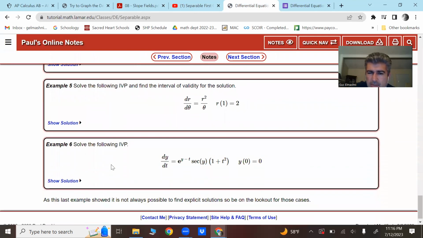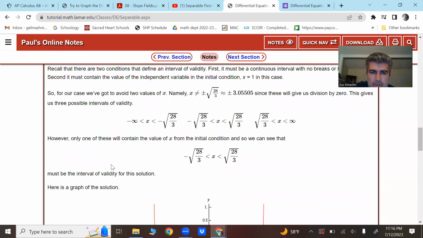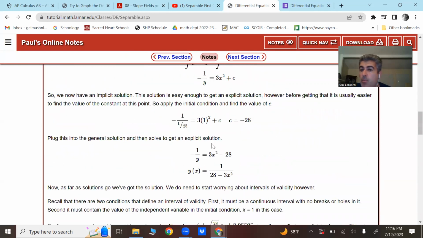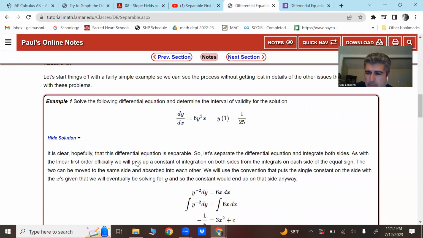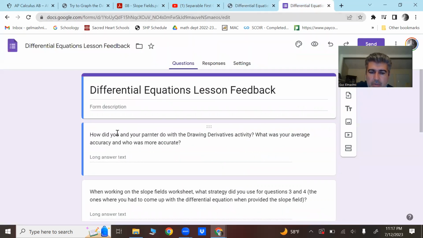Don't do examples 5 and 6. It's a little bit complicated, but examples 1 through 4, I think, are good ones to do. By that time, we'll be done with class. I expect you guys to spend about 20 minutes on these examples because you do need to spend about 5 minutes on each one. Once you're done, then I'll ask you guys to complete this Google form